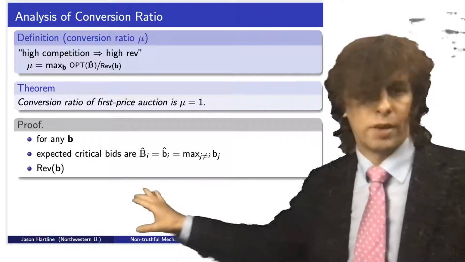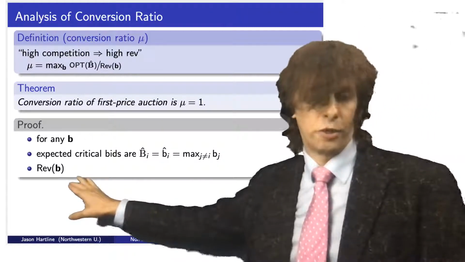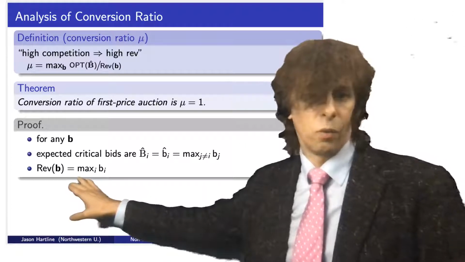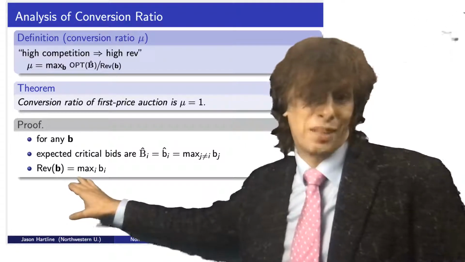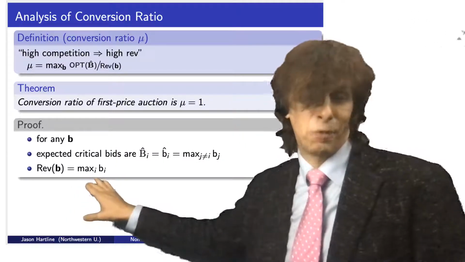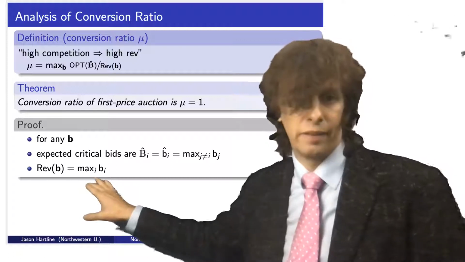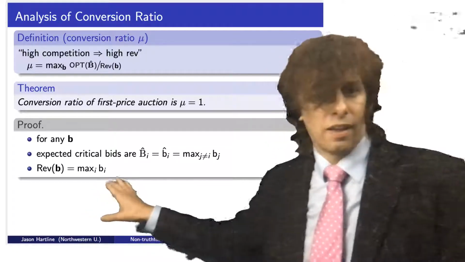Great. Well, what is the revenue of the first price auction? Well, the highest bidder wins and pays their bid. So the revenue is the maximum over i of b_i, the highest bid. Okay, but look,